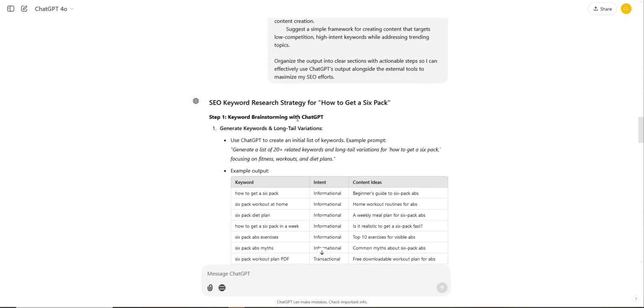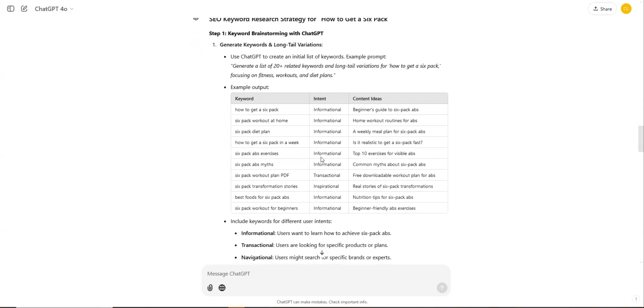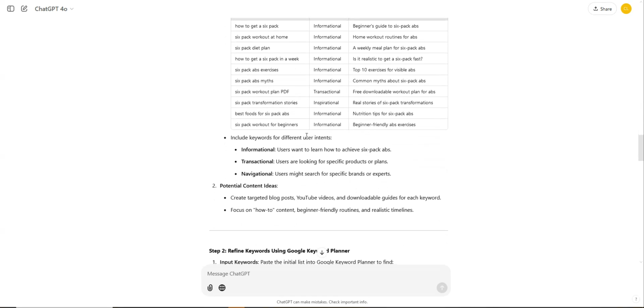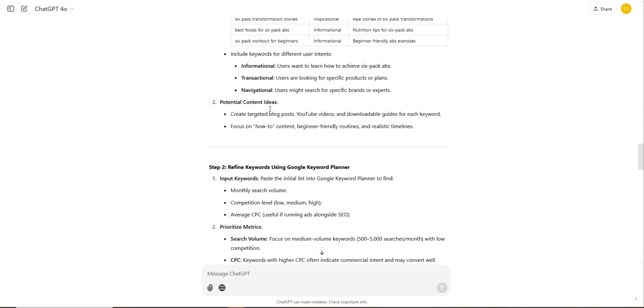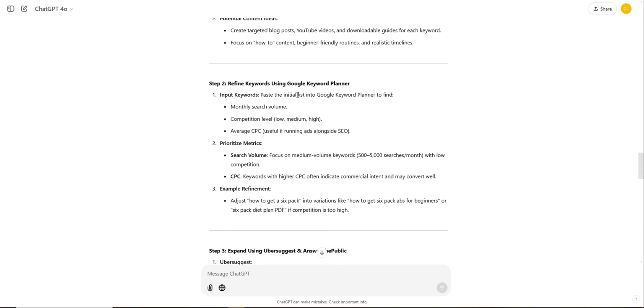And what that will do is coach you into taking your keyword list. There's a generated list of 20 plus related keywords, then informational, transactional, navigational, and then it's giving me content ideas. But here's the thing,